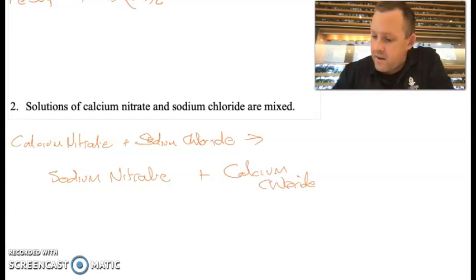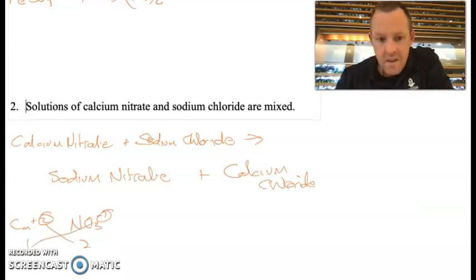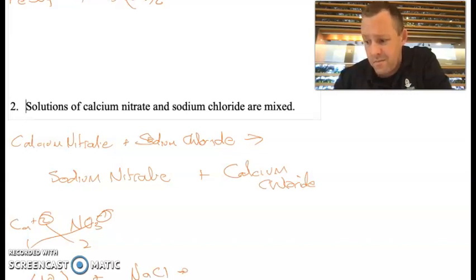So calcium nitrate. Ca is a +2, nitrate NO3 is a -1. Crossover method, 2 of those, 1 of those. So my formula for calcium nitrate is going to be Ca(NO3)2. I'm then going to react that with sodium chloride. Now that one, I don't even need to play around with. I know that's NaCl. Alright, so if you know stuff, just do it. Then that's going to form calcium chloride. So Ca is a +2, Cl is a -1, which is a 1 to 2, so CaCl2,